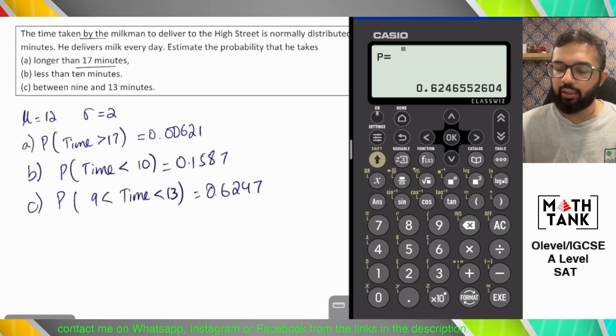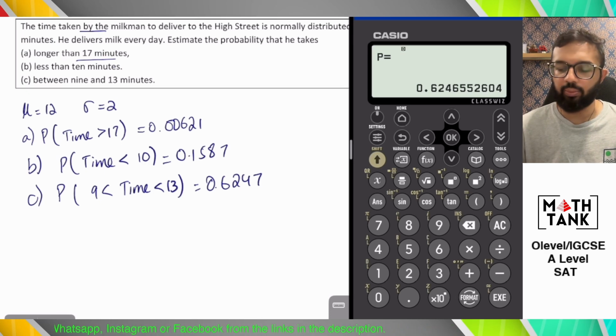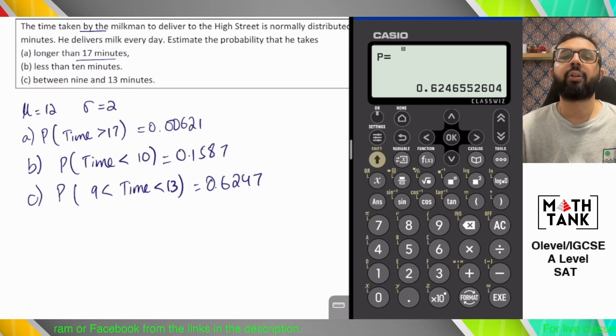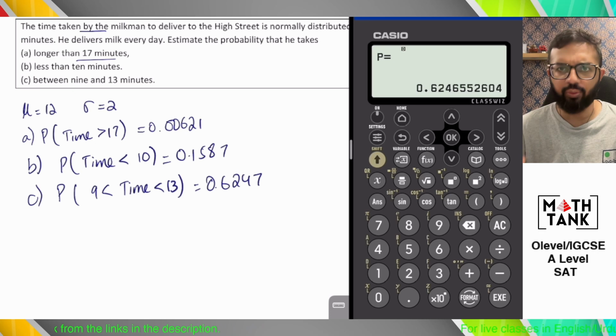Okay, that is how you would solve normal distribution problems on your calculator. Make sure that you use this trick to check your answers if you're doing an A-level math exam. If you're doing any other exam which doesn't require working, you do this directly on your calculator and you get